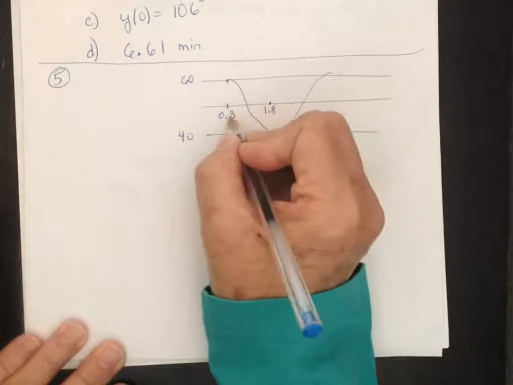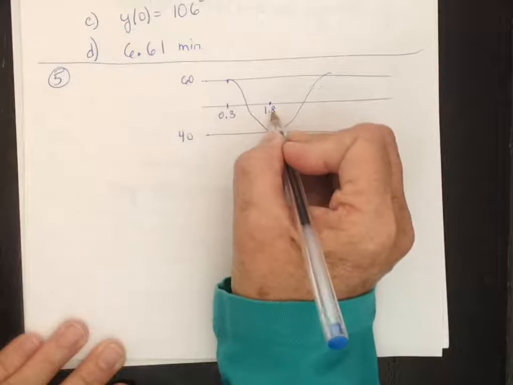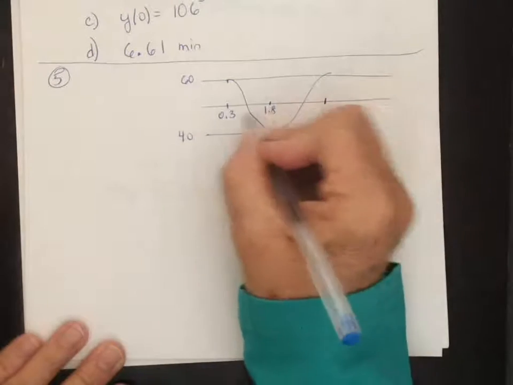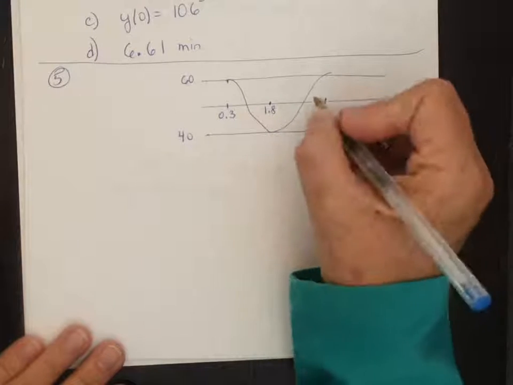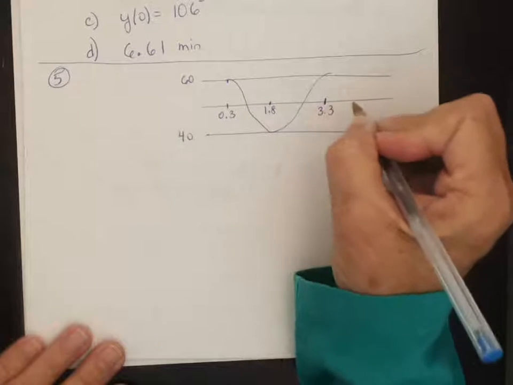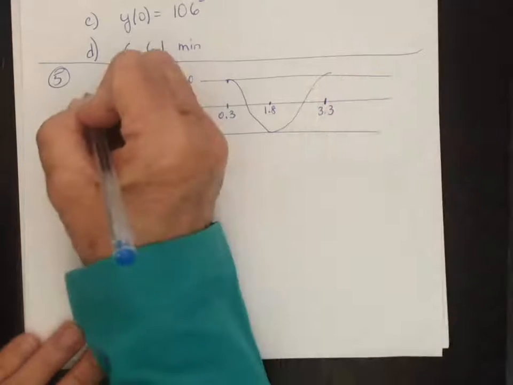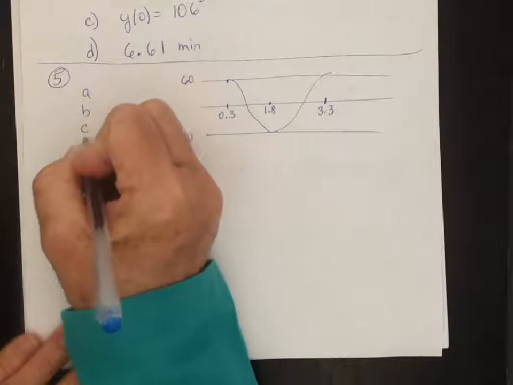So the difference between these two is 1.5, but that's half of a period. I need to add another 1.5 to get a full period. So that's going to occur at 3.3 seconds. It's when it's back up at the maximum. And again, we need to identify all our